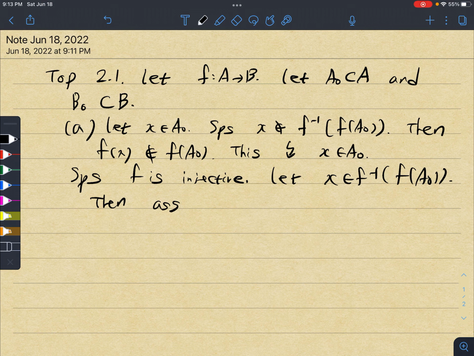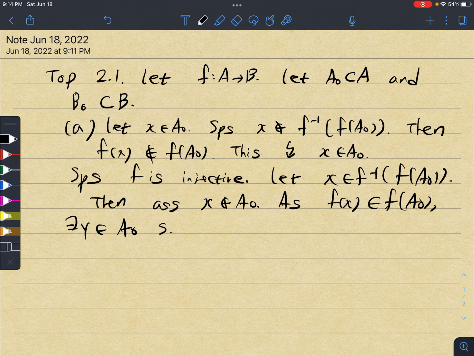So assume x is not an element of A0, as f(x) is then an element of f A0, then there exists y, which is an element of A0, such that x is not y, and this is due to the fact that x is not an element of A0,